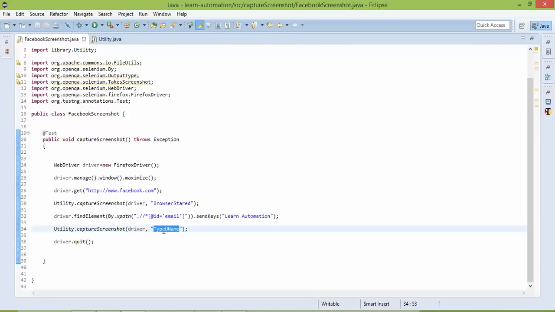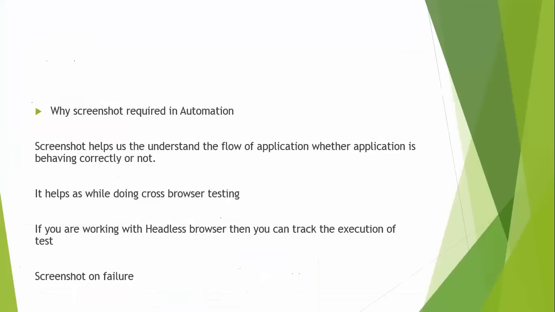So we have another tutorial on extent report which will allow you to add a screenshot in the report. If you are interested in that kind of report, please go and refer to the extent report tutorial. The name is advanced tutorial. I will provide you the link in the description. Please go and watch that video. In that report you can add the screenshots as well.